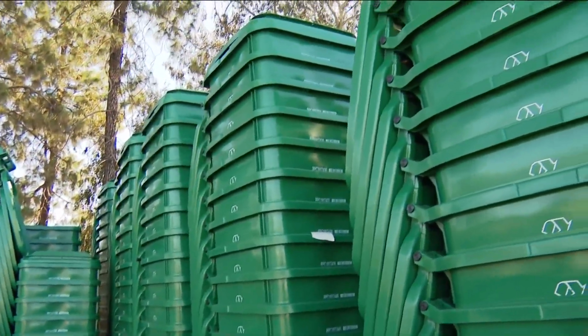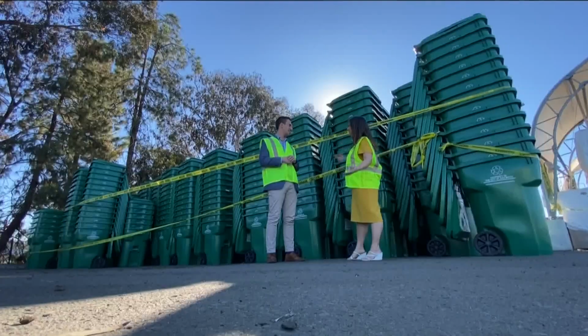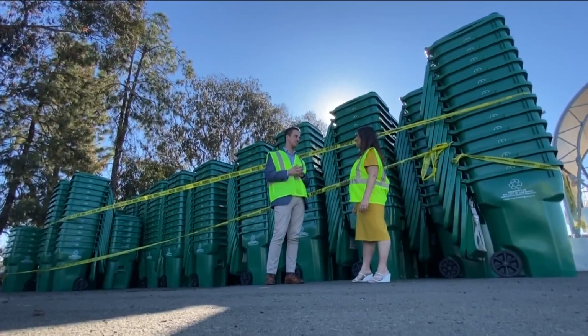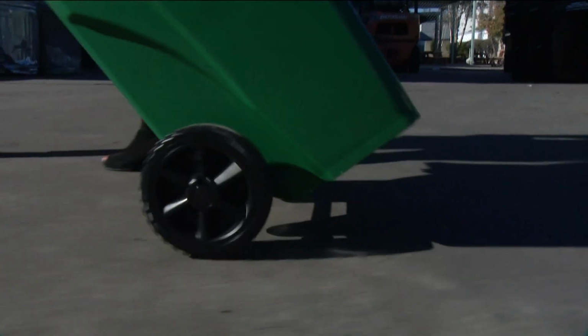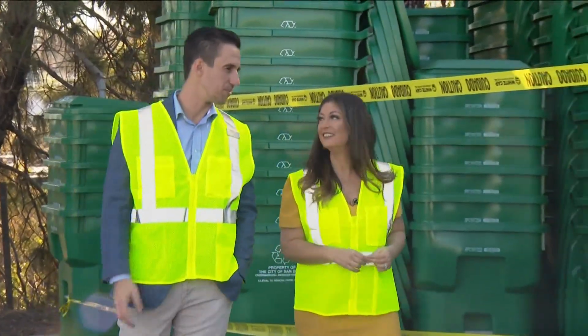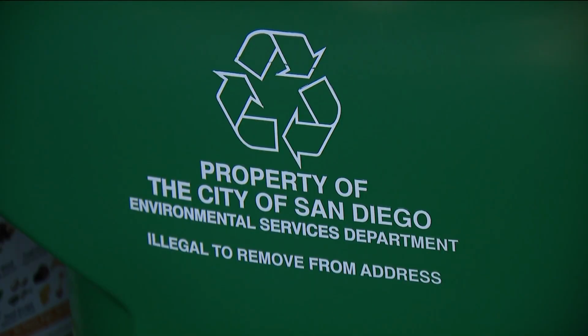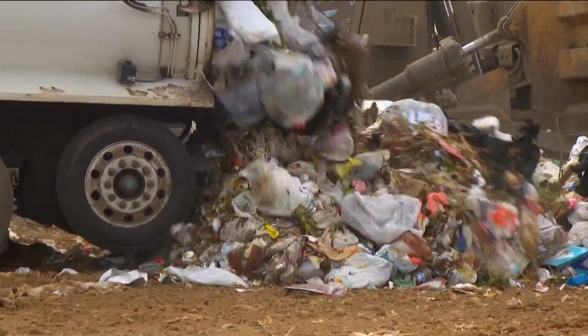All of these trash bins are stacked up and ready to roll out, tens of thousands of them. This is actually a couple thousand right here behind me. Yeah, and so we have 267,000, upwards of that, to get out the door over 6 months. It is quite the undertaking, according to Conrad Ware, the deputy director of the Collection Services Division. They serve the city of San Diego, nearly 300,000 people